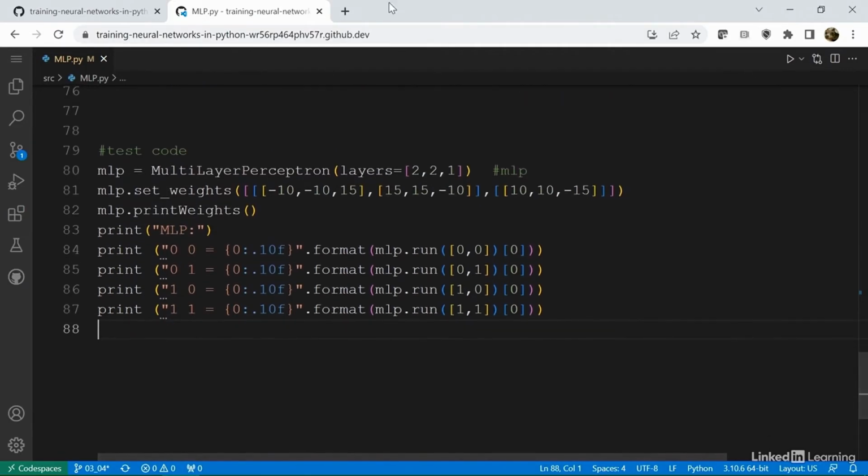So first, we create a multilayer perceptron with the dimensions of the XOR gate design. Next, I'm assigning the required weights. These are the weights